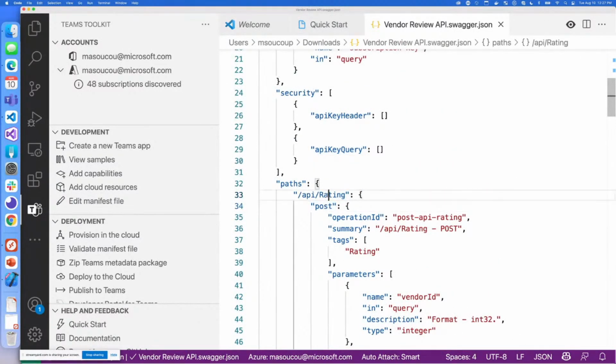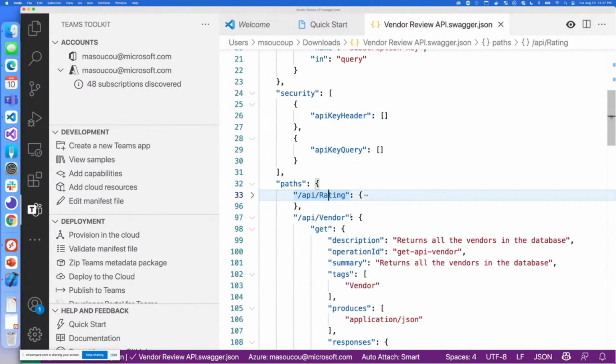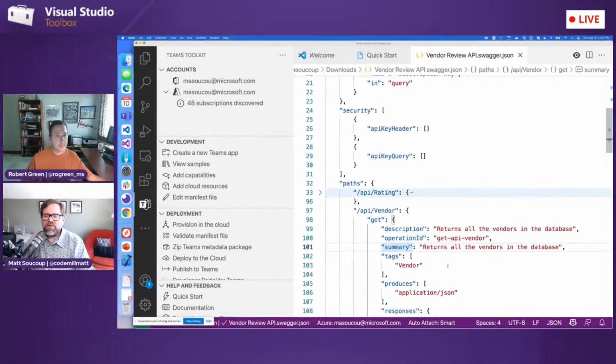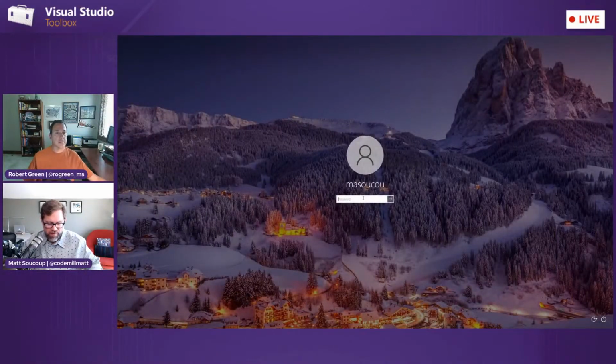So it's going to take in a rating, API rating on a post. And for my get, you can see it has the description on there too. Nice. Yeah, all neat. And one last thing that we can actually do real quickly is,